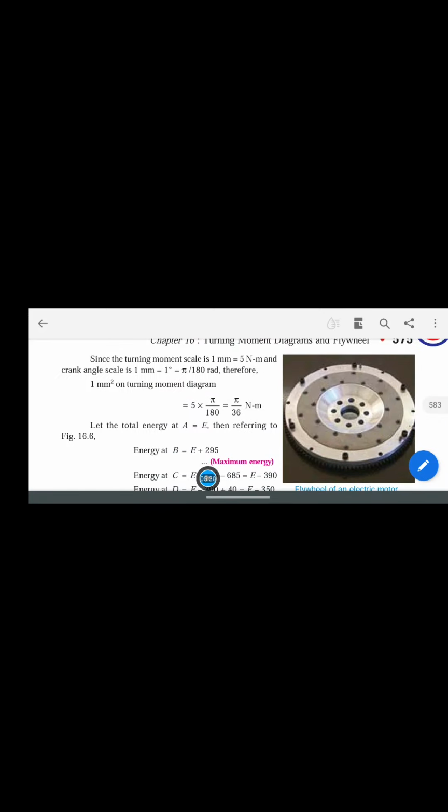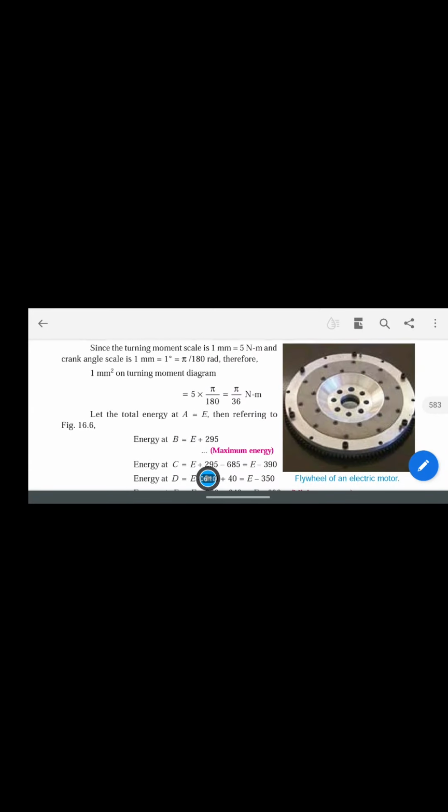We don't know the energy at the starting point of the diagram, so let it be capital E. So energy at A is equal to capital E. And coming to AB, AB is nothing but the positive loop of area 295. So we have assumed that the energy at the starting point A is equal to E. So coming to the energy calculation at B, we need to